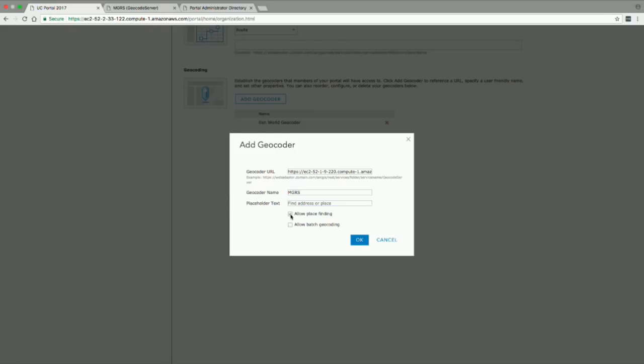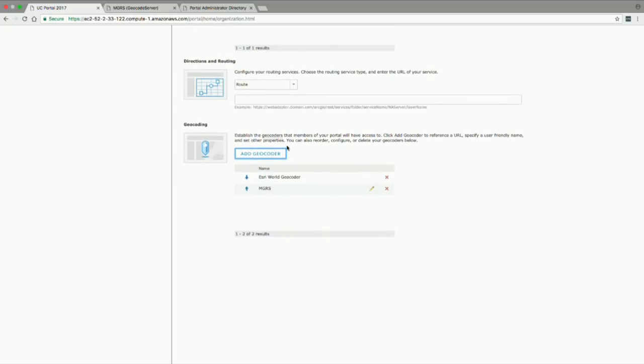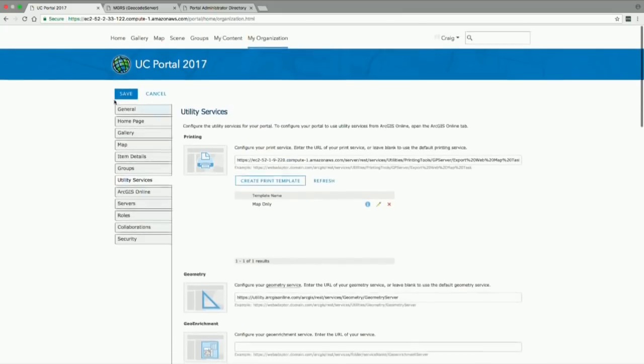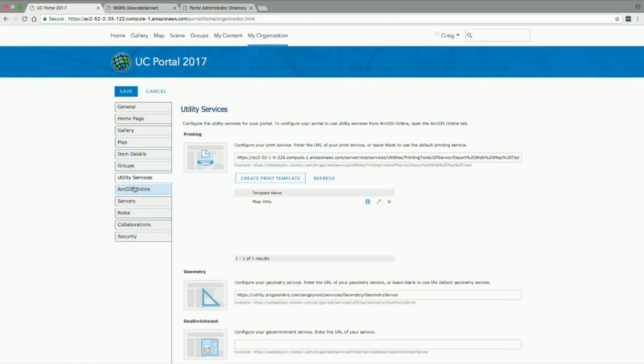And we'll give it a name, and we'll say, yeah, we can do both place finding and batch geocoding with that. And now when I hit save, if my users were to come to the map viewer, they could now search for MGRS coordinates in there. So do a quick save, and the last piece here we'll show you is